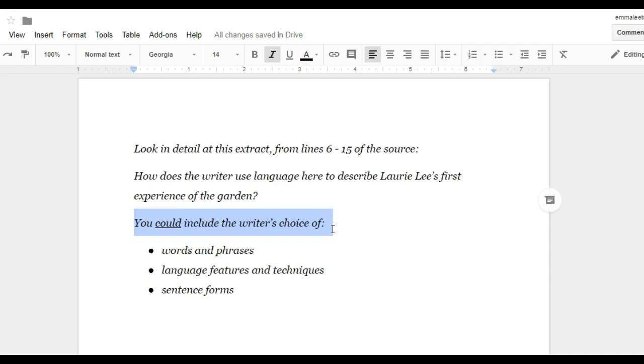And if you wrote about some things that weren't in those 3 bullet points that were still language, then that would be fine too. So it says could for a reason. Please don't cross it out and write should, because that's going to have implications elsewhere. One of the implications is that if you try to write about all of this, it has consequences on question 4